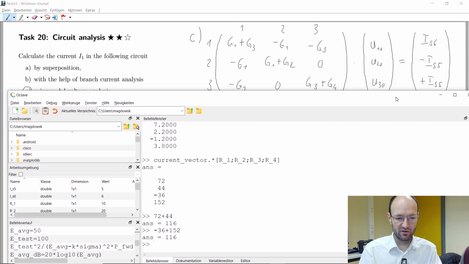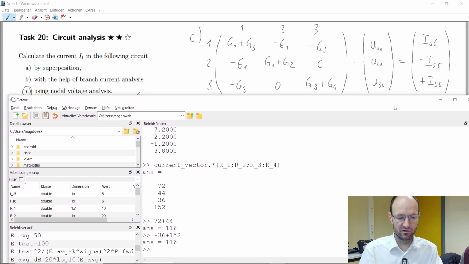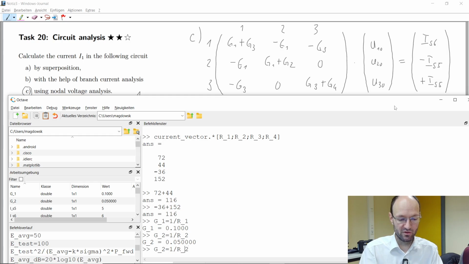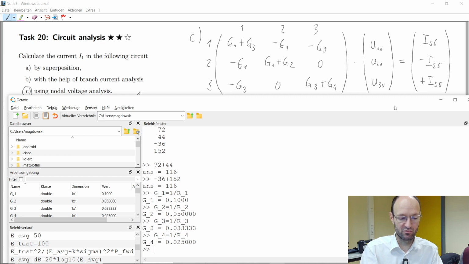So there's my Octave window. I still have all the resistors there, so I can calculate the conductance values from them. I can do it for G1 and G2, and of course it would also be possible to save all the values into a vector and do this calculation at once, but I will do it like this. Okay, and so then we can say now our